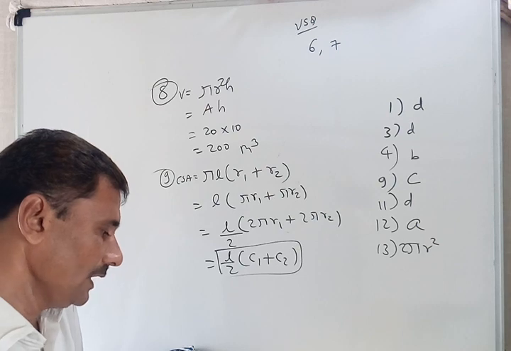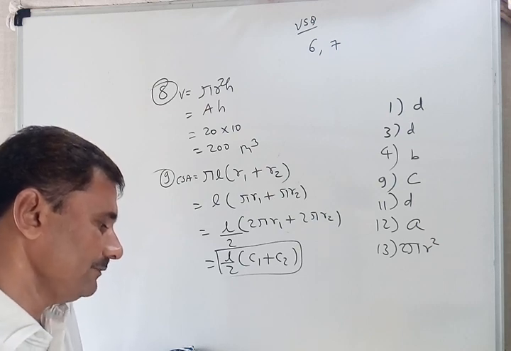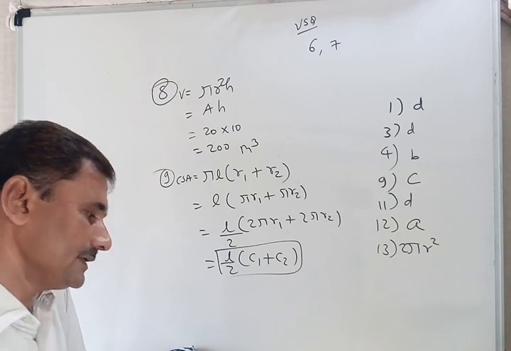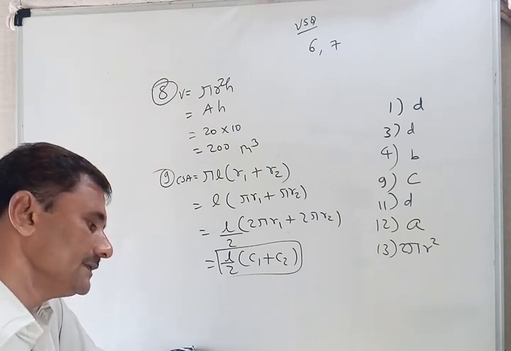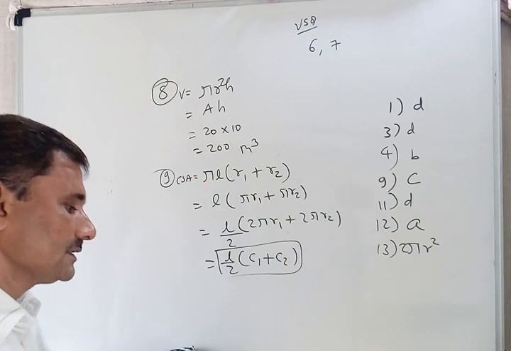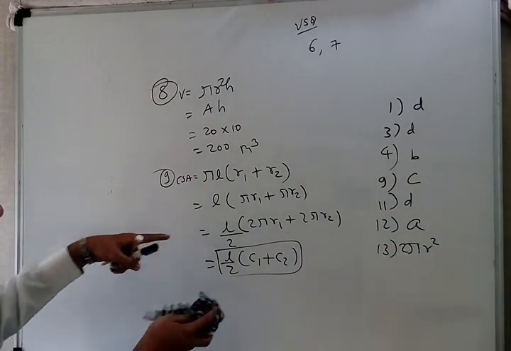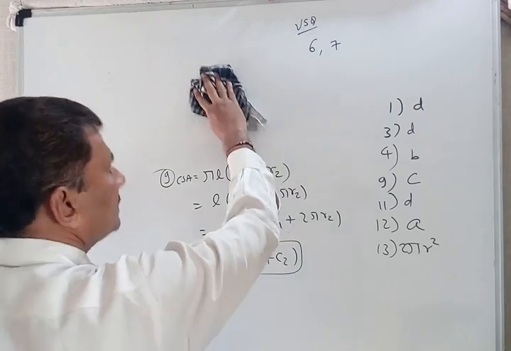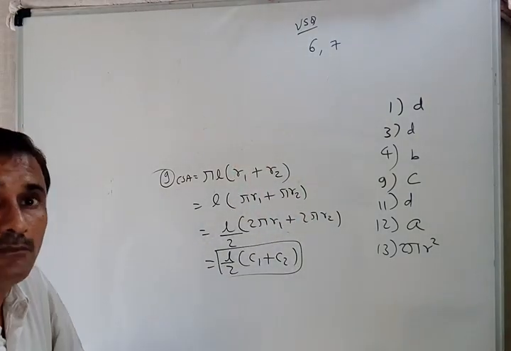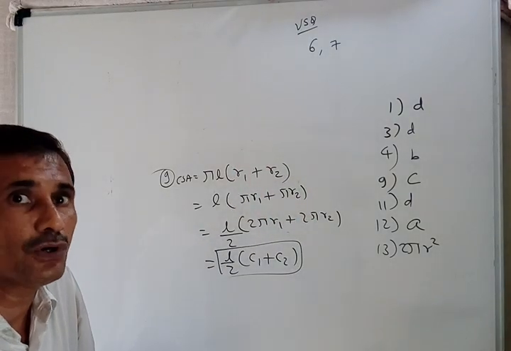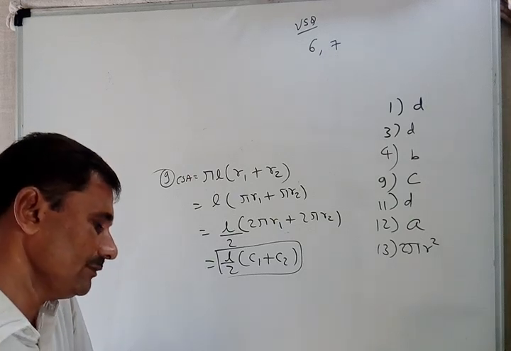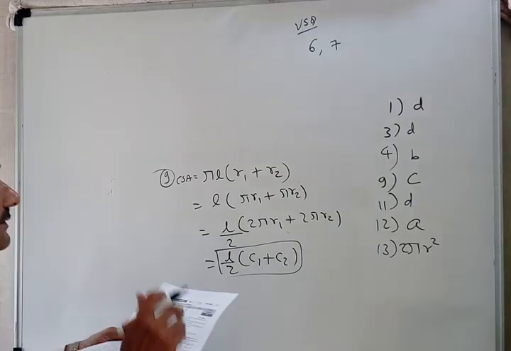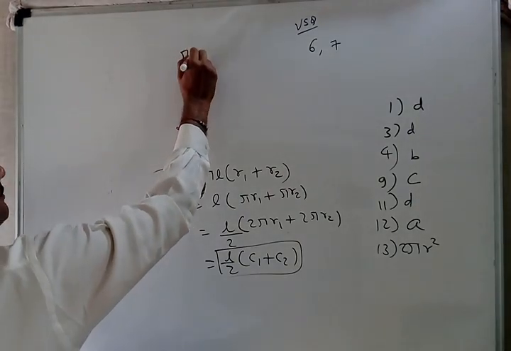Now number 9: the circumference of the base of a cone is 40 and the slant height, not the standing height but the slant height, is 8. Find the curved surface area. So again that type of formula we have to use. They have asked for the curved surface area, but the circumference is given, the radius is not given. So remember the circumference and slant height are given. I have to write first of all pi r l.